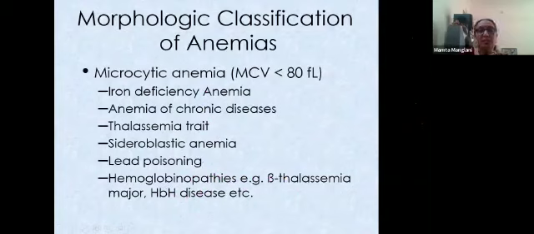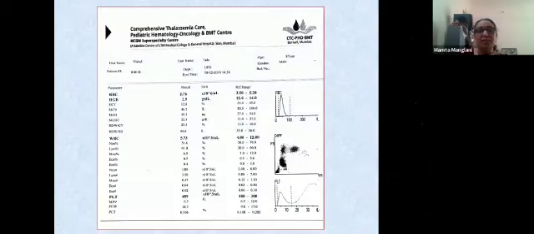Now let's look at this CBC. 2.9 gram hemoglobin, 2.76 RBC count, millions per cubic millimeter. Hematocrit low, MCV is 46, and you have a RDW which is 23. Now I just told you high RDW, low MCV, anemic patient. It suggests obviously a nutritional deficiency of iron. So we will see this.